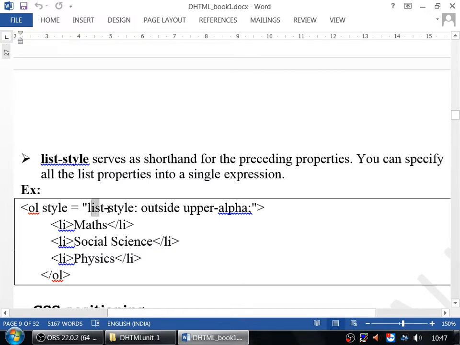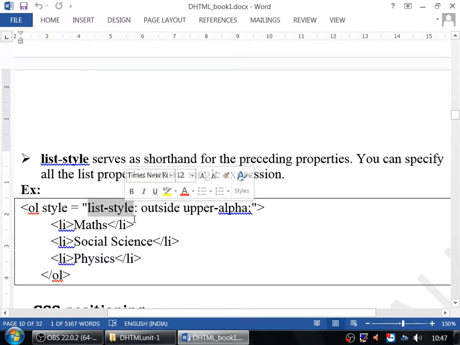So in list-style you can define type, position as well as image, all three together. Here I have used two options, which are position and type. I want outside as the position with upper-alpha value.